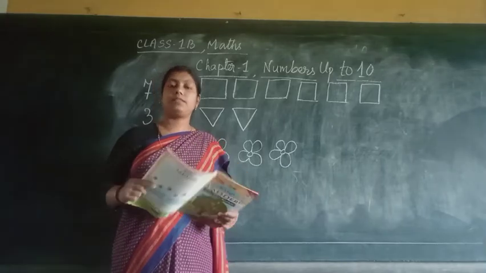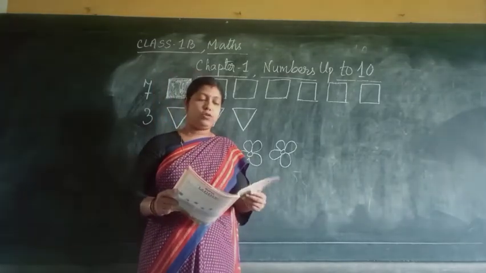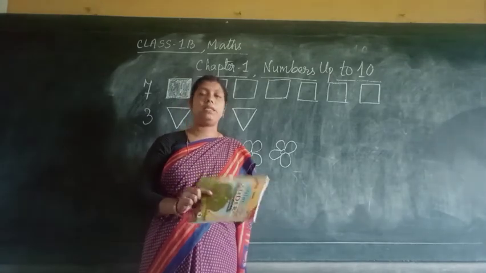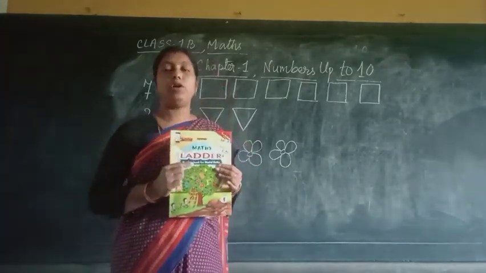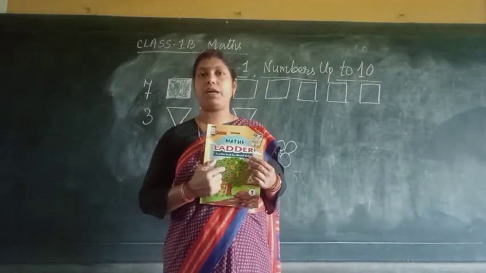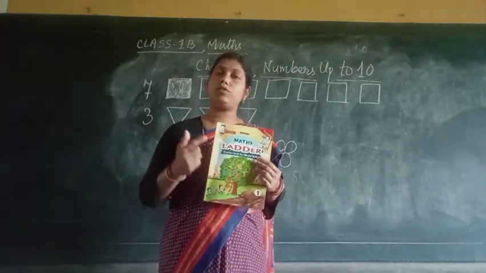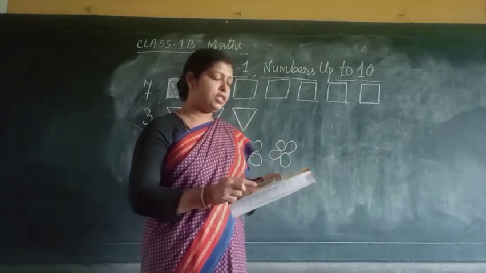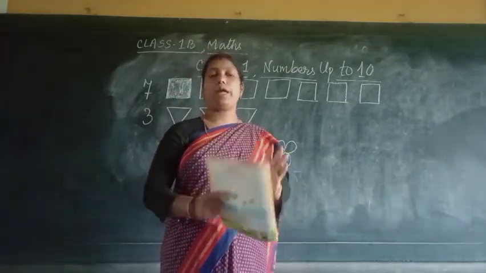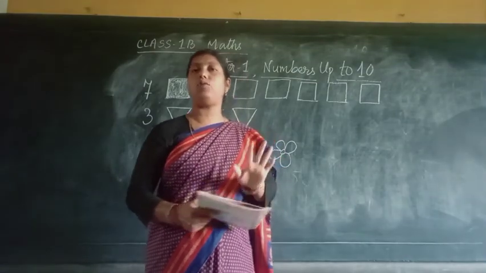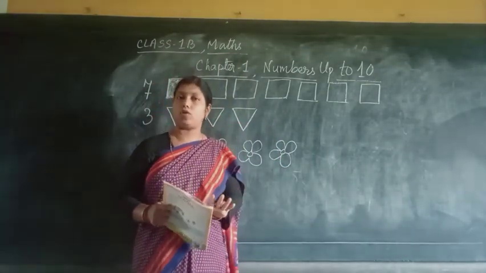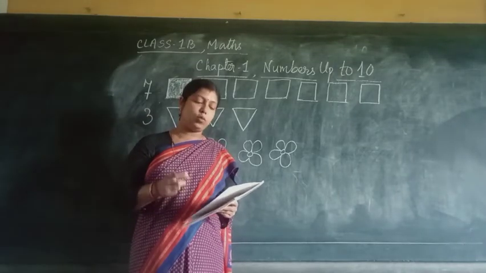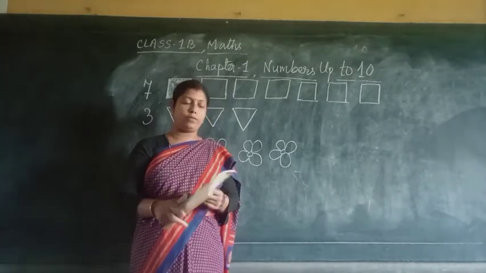So, in your maths class, in class 1B, today we are going to do the maths ladder book. Okay, please see, this is your maths ladder book. We have done this book in our live class today, and in our video class also we are going to do this. Okay, so you see here, this is a practice book for mental maths. In this book only you have to practice. You don't have to copy down anything in your copies because the space is already given here. So this is known as a practice book. Okay, you have to do this.